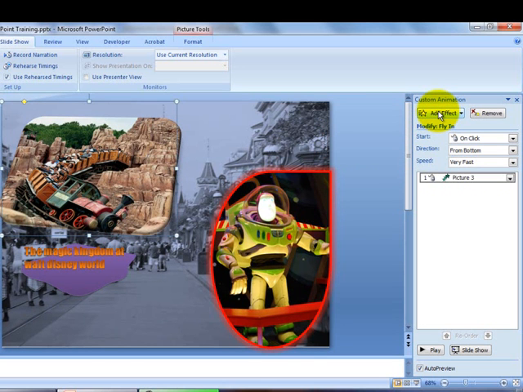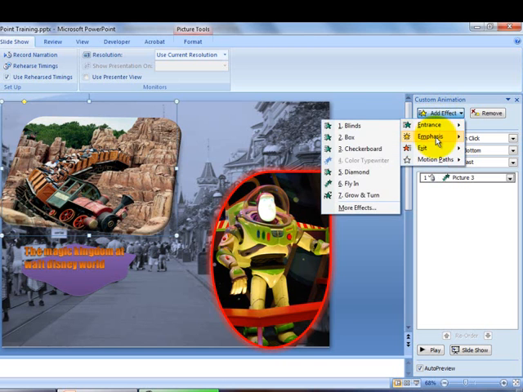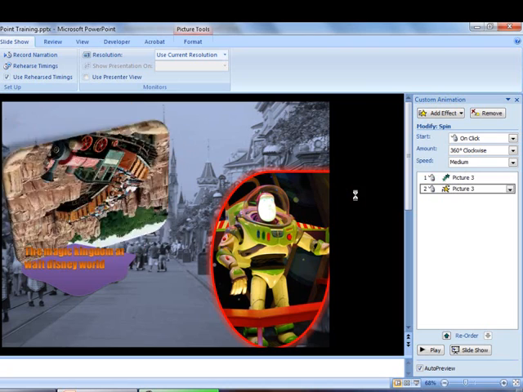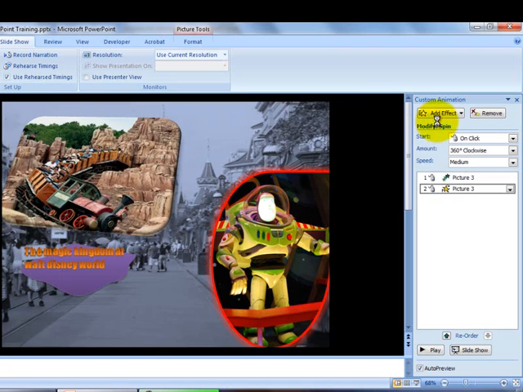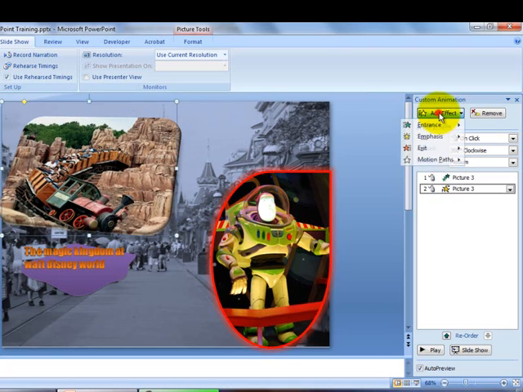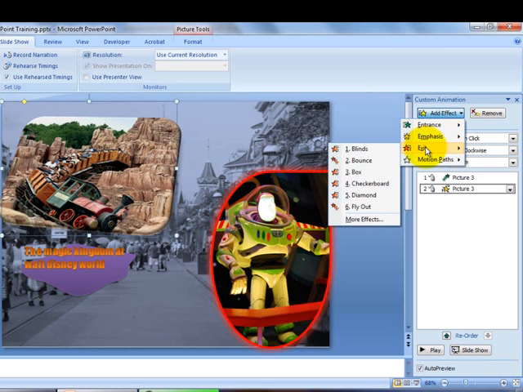Then I'm going to add another effect. You can do more than one effect on each element. Instead of entrance now, I'm going to go to emphasis. And although spin is on my list, oops, I clicked by accident. That's okay. Let's leave that there. And I'm also going to do an exit. So that this time, instead of clicking by accident on one of these, I'm going to go down and click